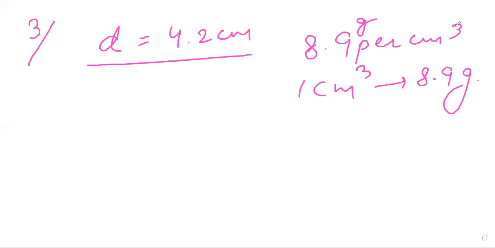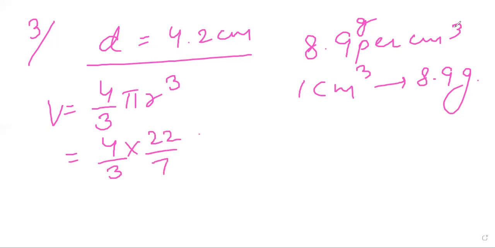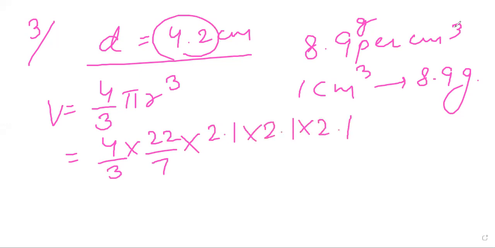तो फर्स्टली we will find out the volume. Volume will be 4 upon 3 pi r cube, is equal to 4 upon 3 into 22 upon 7 into 2.1. 4.2 is the diameter, so radius will be 2.1. 2.1 into 2.1 into 2.1. After solving it, you will get